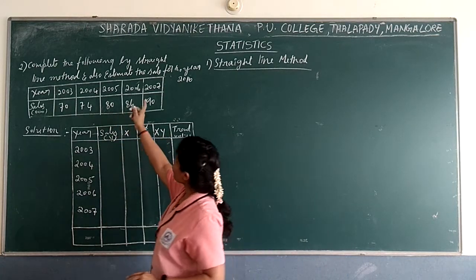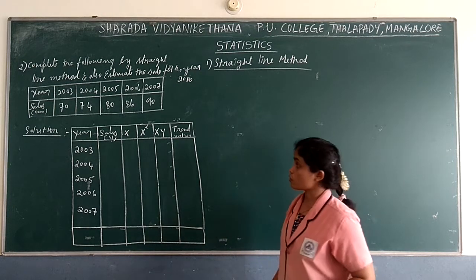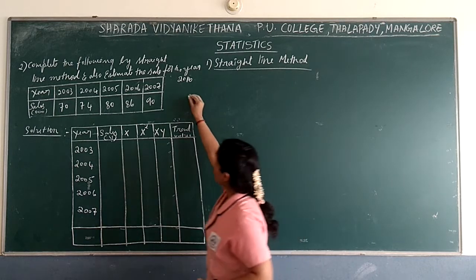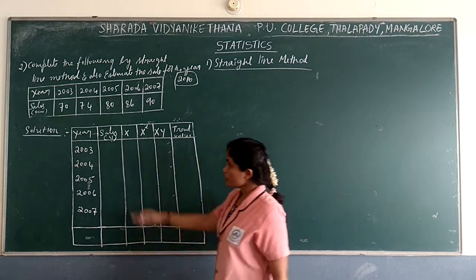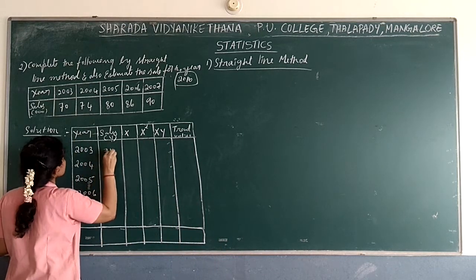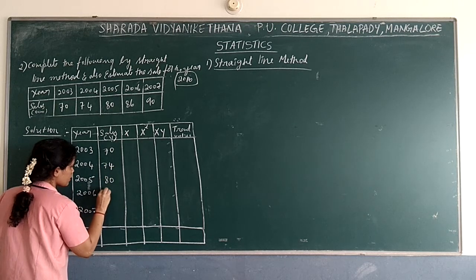Now we see, compute the trend by the straight line method. Also estimate the sales for the year 2010. So here also firstly we need to find out the trend values. Then for the year 2010 sales we need to estimate. Now we will see here is given 5. Then we will write the sales, that is 70, 74, 80, 86,